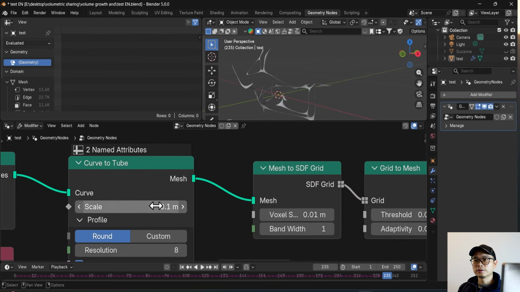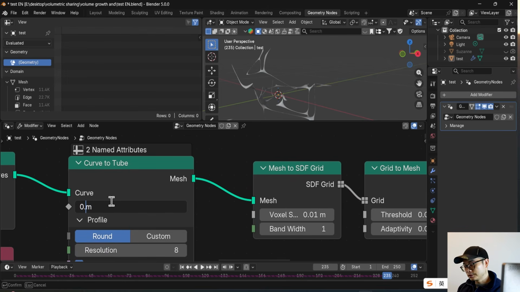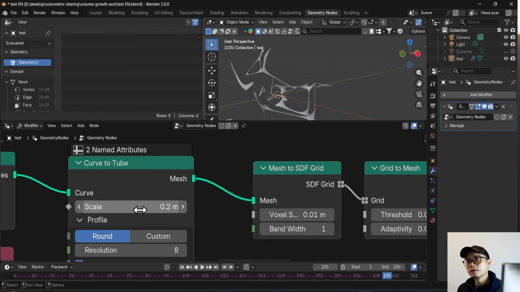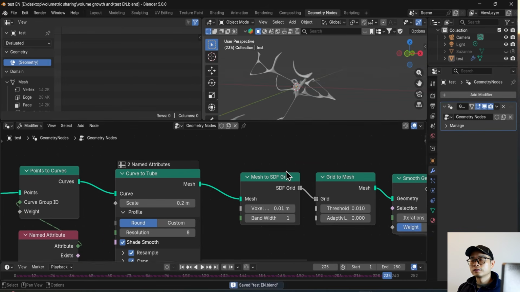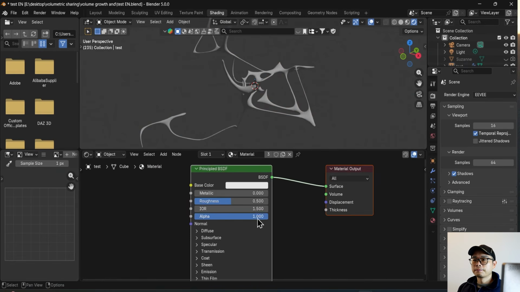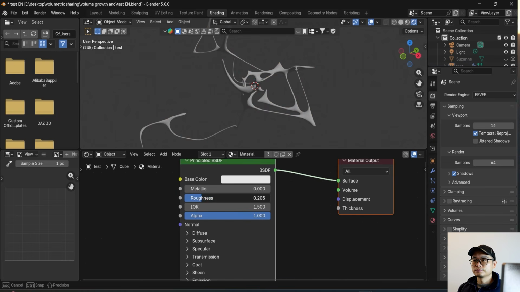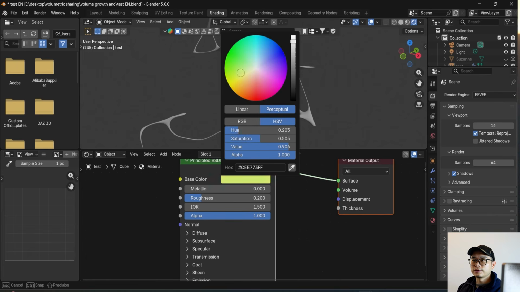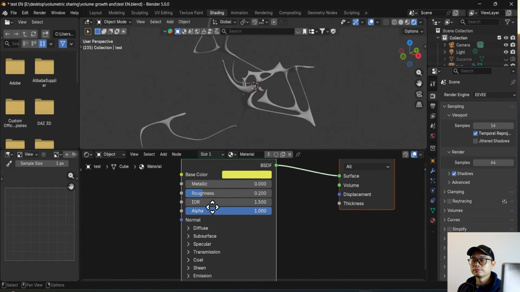Yeah, and we need to make the curve bigger. Maybe like this. Yeah, I think that's much better. So if you tweak this effect,